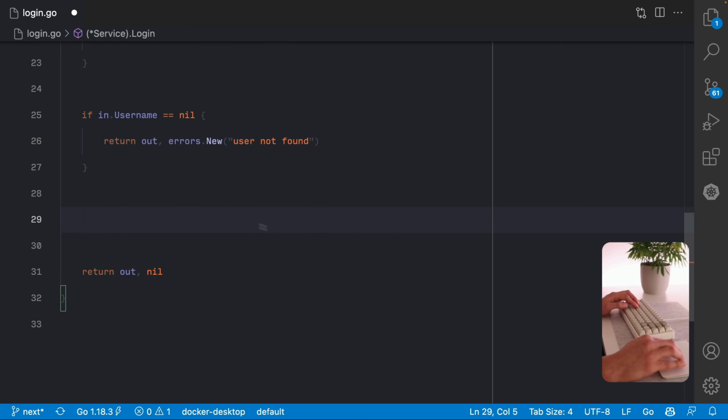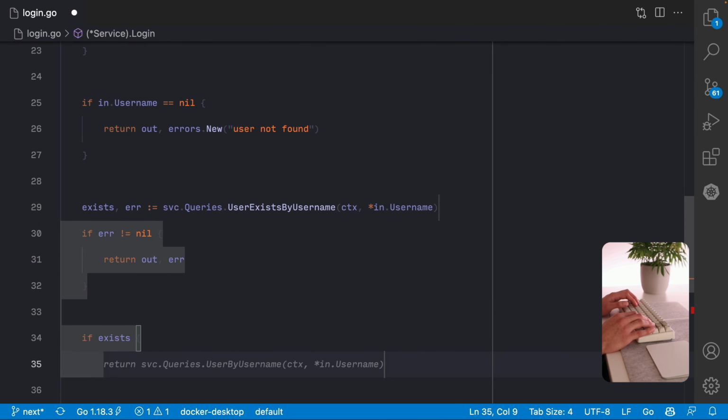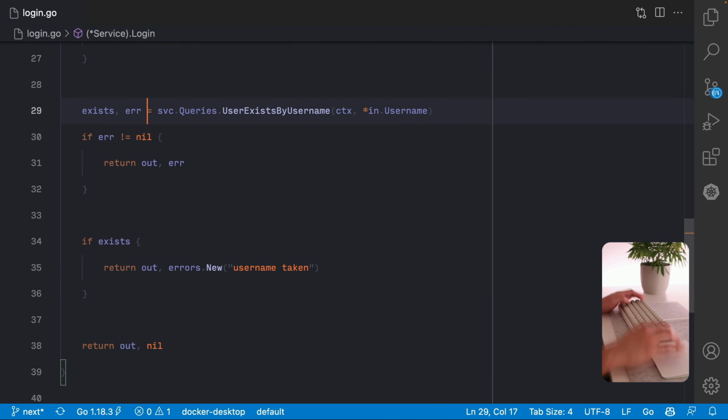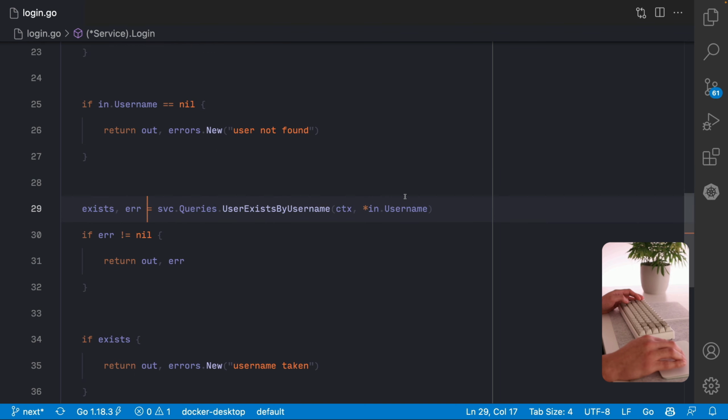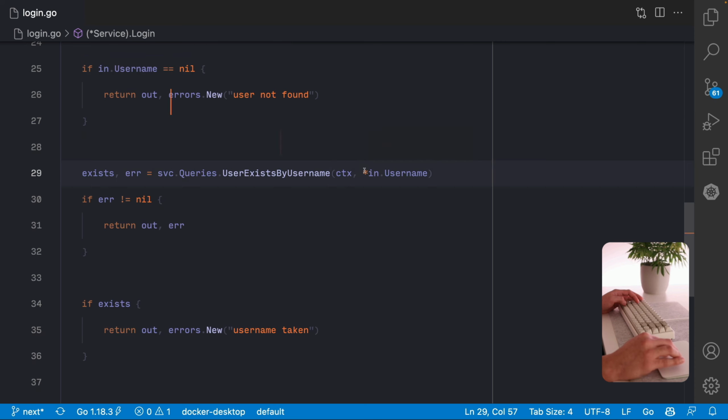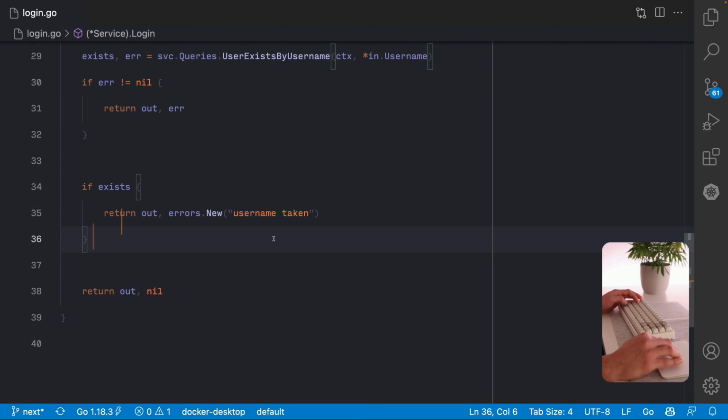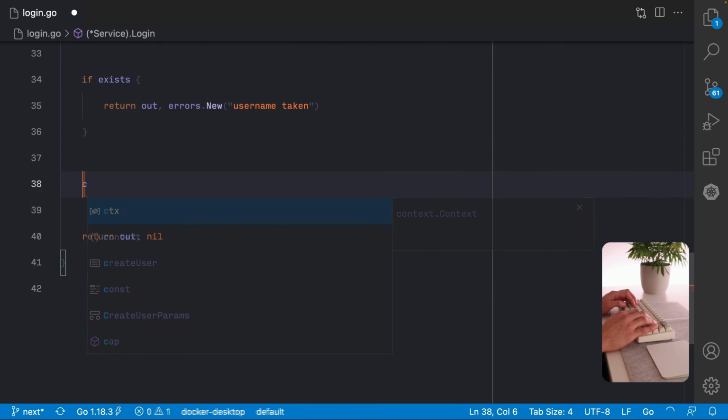All right, now we need to check that the username is not taken. All right, that's it. So at this point, we know that the username is not nil because we are checking it right here. So we can use it safely here. And now at the end, we can create the user.